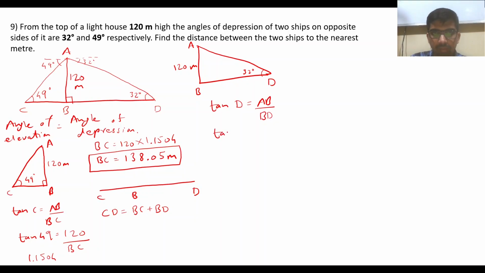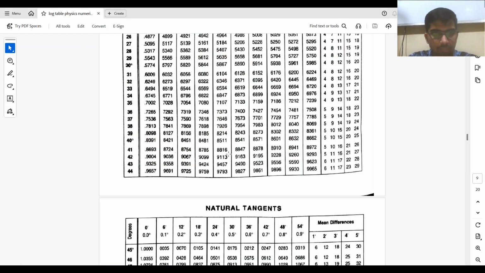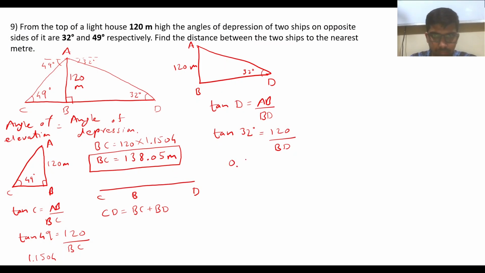So tan 32. AB is how much? 120 meters. BD अपने को पता नहीं है, तो find BD. ठीक है. तो tan 32 will go tan 32 का टेबल में 0.6249. 0.6249 over here is 120 upon BD. So BD क्या हो जाएगा? BD will become what? 120 upon